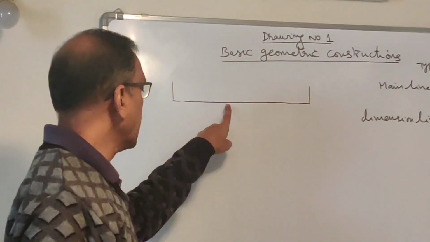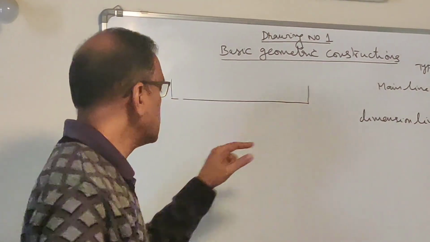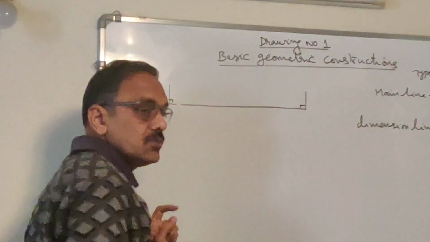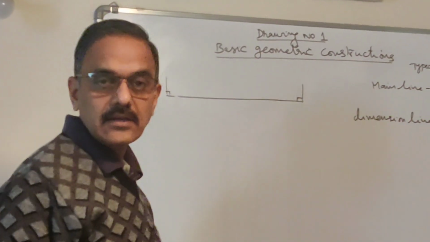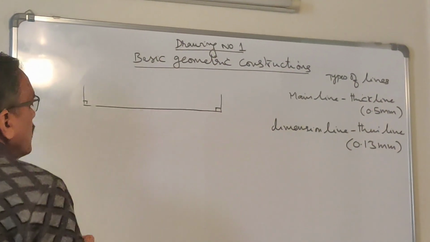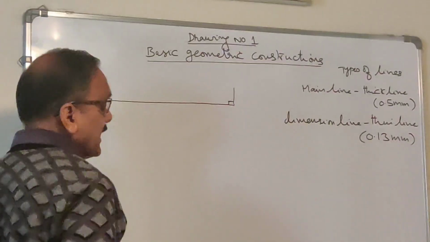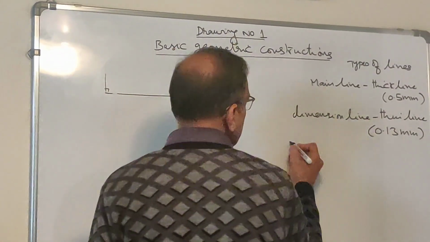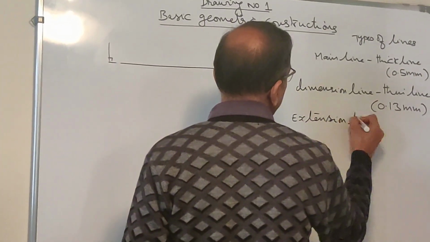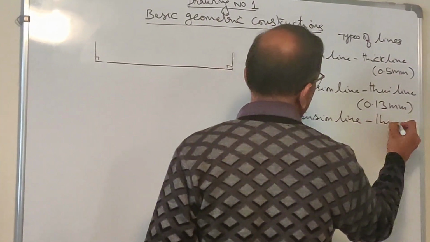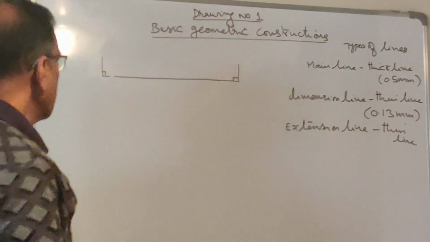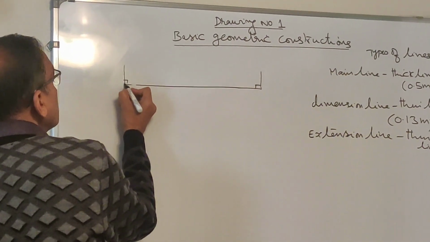Okay. This is a thick line, and these two perpendiculars, this angle should be 90. This is also 90. These two angles have to be 90 degrees. So you can use a protractor, mark 90 degrees, draw those two lines. So these two lines are called extension lines. They are thin. I am just writing down here extension line. Extension line should also be a thin line. So you are going to use 0.13 mm. The extension line will come and touch this tip of the line here.